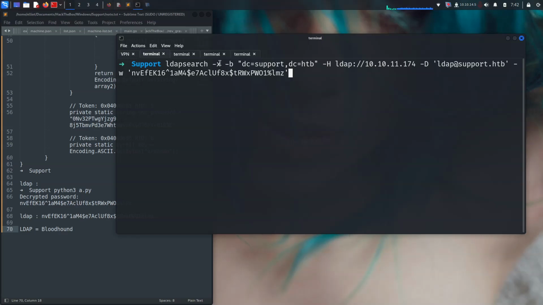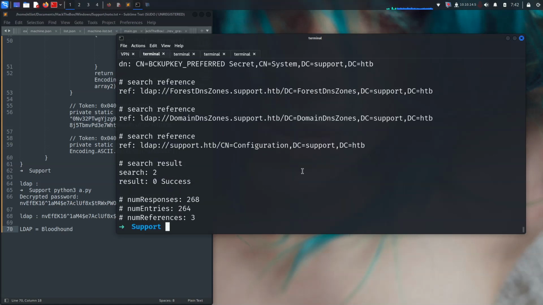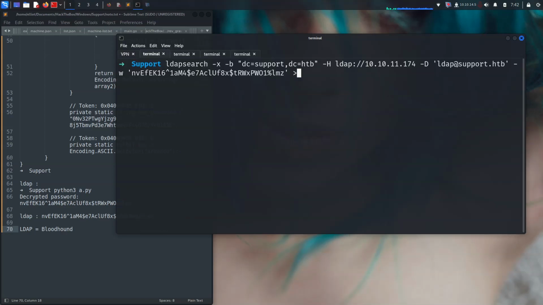So ldapsearch -x -b and giving here dc=support, which we got before from netexec, and -h protocol giving the IP address, and -D the username, and -w for the password. Then it will create really cool things for us, right? So let's create ldap_results.txt, because it's really